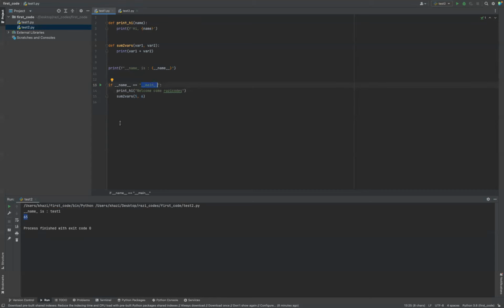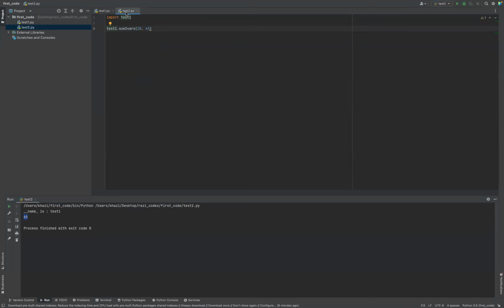When I'm importing this entire module into another notebook, then the interpreter, since that's not the main file being executed, not the first file that is executed, in that sense,